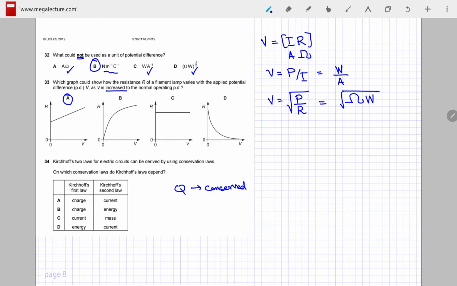Next, we have Kirchhoff's second law, which is also known as the voltage law, and it states that the sum of all of the voltages around any closed loop in a circuit must vanish, or be equal to zero. And this just leads to the law of conservation of energy. So Kirchhoff's second law tells you about the conservation of energy. So the first law tells you about the charge, and the second about the energy. So the correct option is option number B.